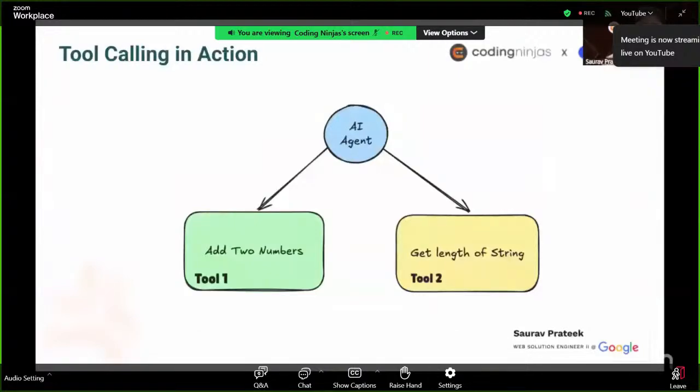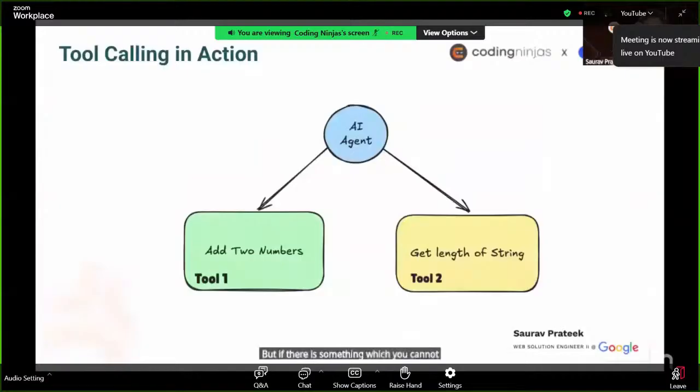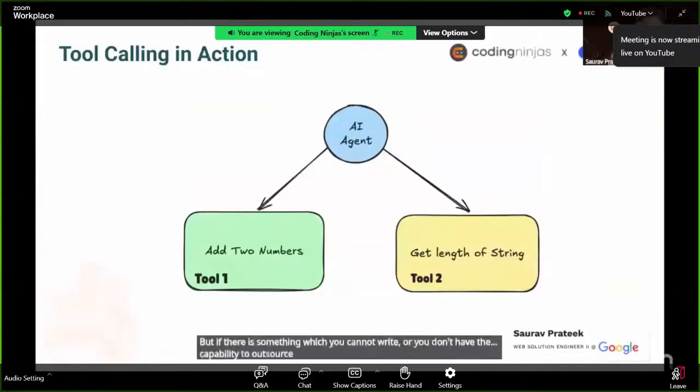When to use tool calling and MCP for an agent, it depends. If you know that whatever you want to achieve, you can write the logic on your own, then you can use a tool for it. Basically, you define that in a function, call it a tool, and bind it with the model. But if there is something which you cannot write, or you don't have the capability to implement yourself, and there is an external server for it to implement,